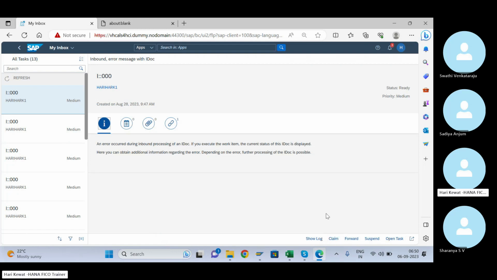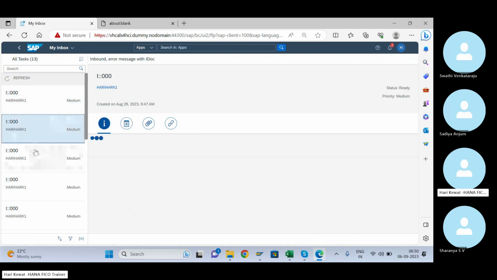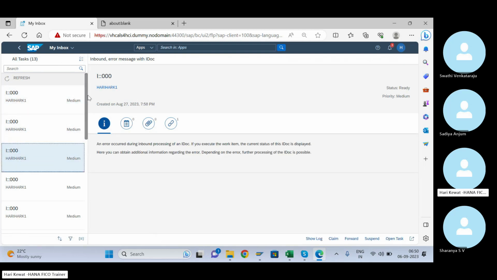Claim, I don't know what new terminology they have given in the workflow. Maybe claim means approval. So this is something different, not for ours. It may not be mine also because this is a common system, right? So for something it is coming.